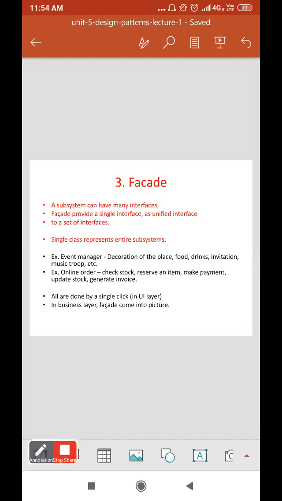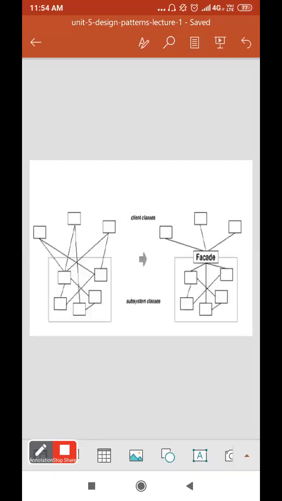So this is the example of your facade interface. Then online order is also a second example. All are done by a single click in the business layer. So facade comes into the picture, meaning here we are using the facade interface.